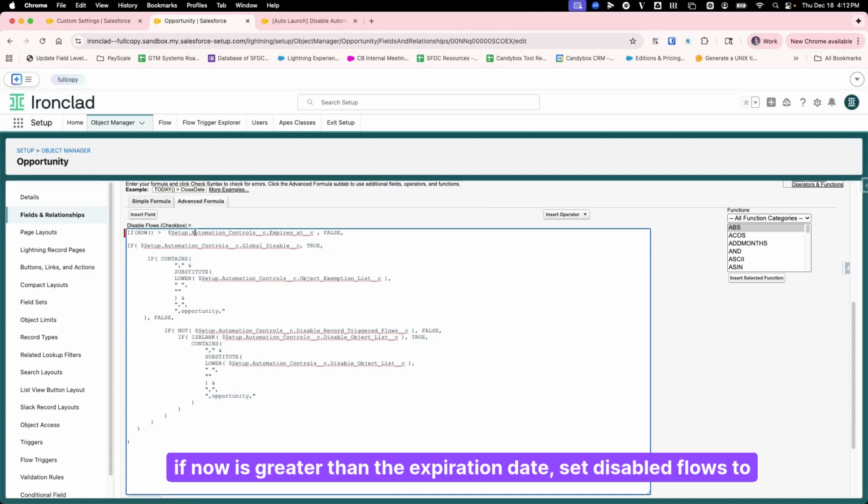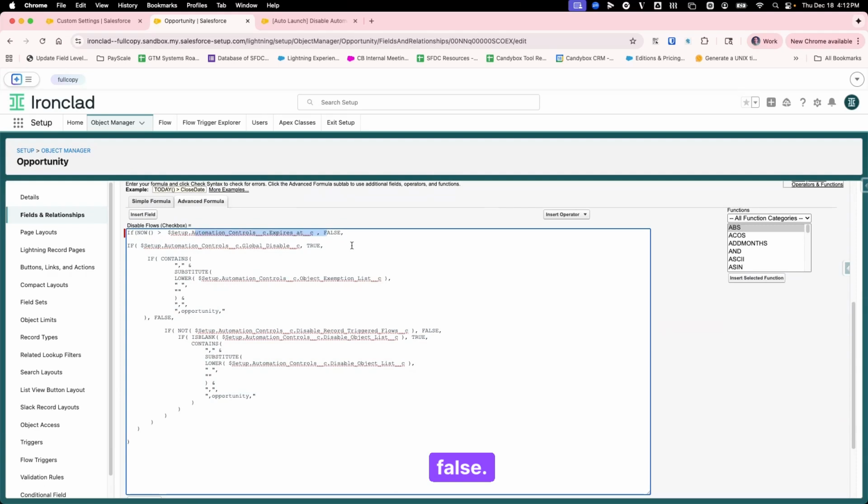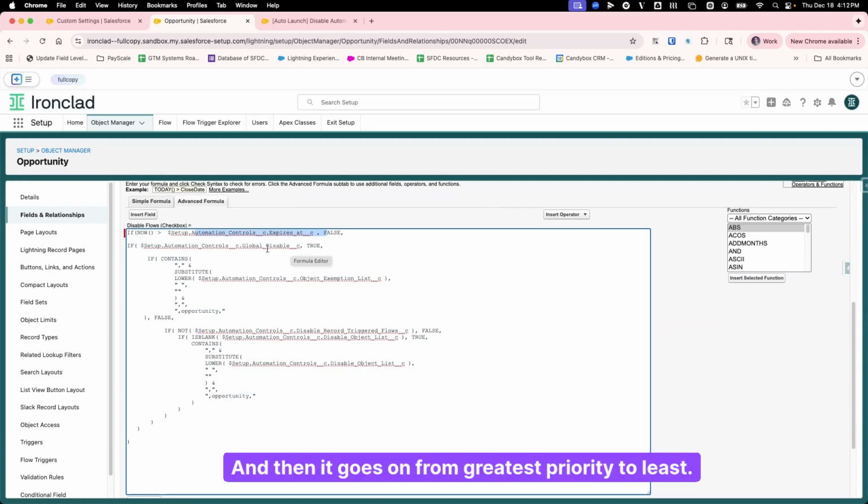If now is greater than the expiration date, set disable flows to false, and then it goes on from greatest priority to least. So global disable, then it checks the exemption list, then it checks the object list, and so on. So the formula field will return true if the object and all the other values meet the criteria for